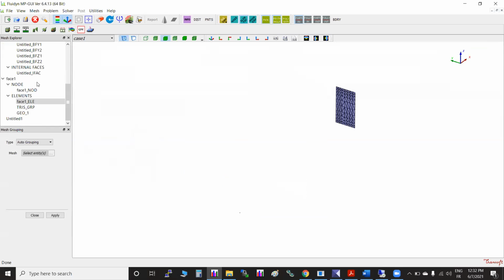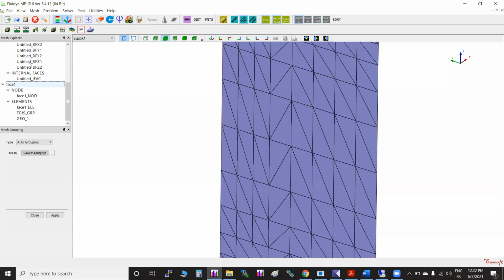Maybe 10 times. Let me show you one important feature. I will not go for that because it is very small. So mesh, manipulate, transform, and scale. Only 10 times will do. Okay, and just create it.